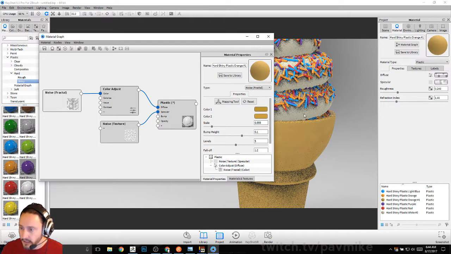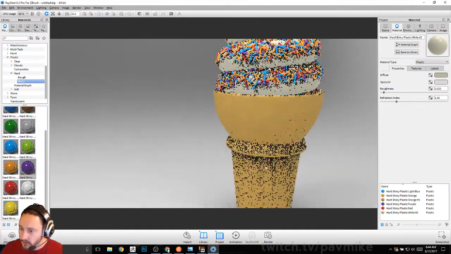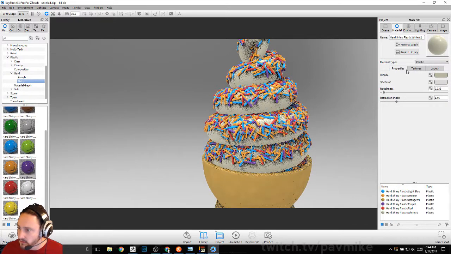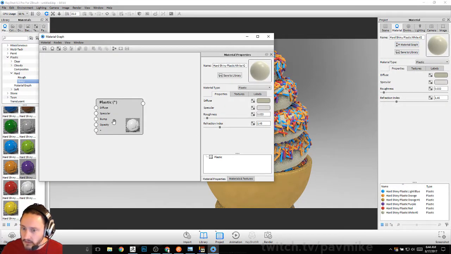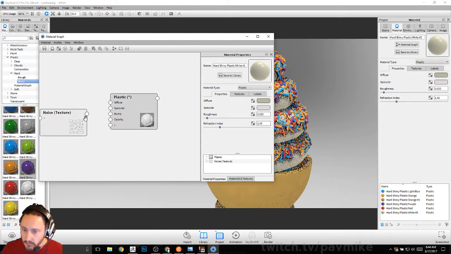Okay, and then on this one here, the ice cream, we also piped a noise texture into the specular just to break up that specular. If we go in here to specular and the roughness, we'll make that a little bit shinier. On the cone, we put in a specular, and on this one, I think we didn't do it. So let's go ahead and do textures, noise,